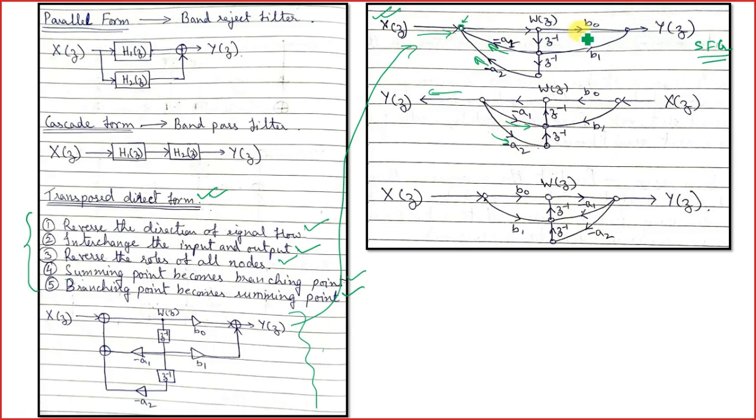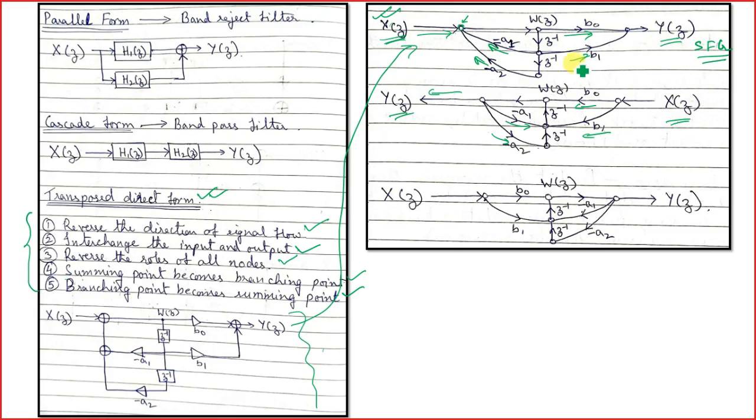Similarly, in YZ, the signal was moving towards YZ this way, so I have just reversed the direction. Then the next step is to interchange the input and the output. This was my input, so I have changed it to output. This was my output, I have changed it to input. So just by doing these two,